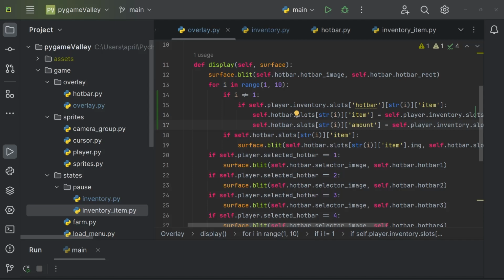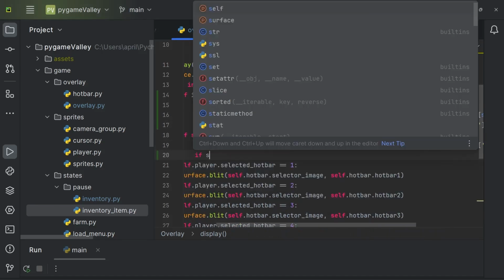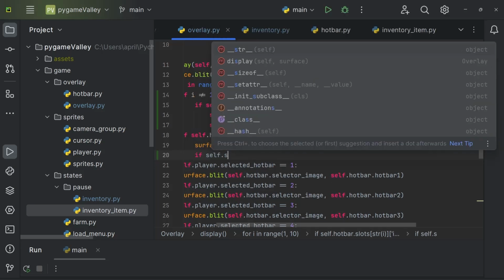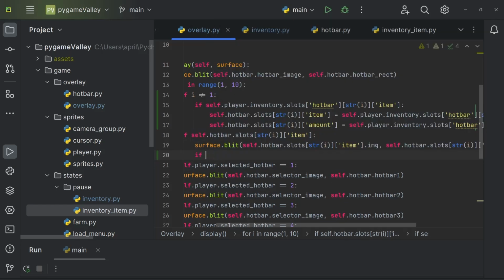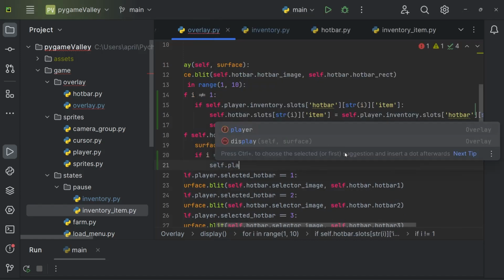Figuring out how to add the text on the screen in the hotbar in the overlay. So let's see. When we blit the image on the screen, let's just put it right below that. So we'll check if, no, if i, we want to check if i is not equal to 1. So if it's not the tools, then we're going to draw the text on the screen. And that's going to be